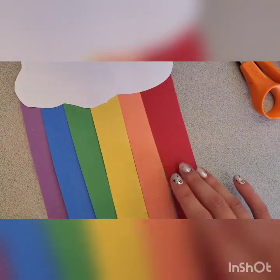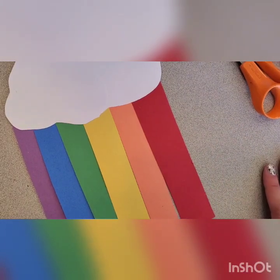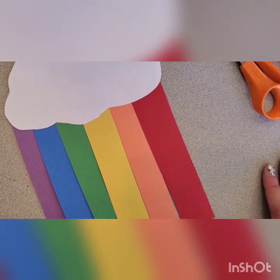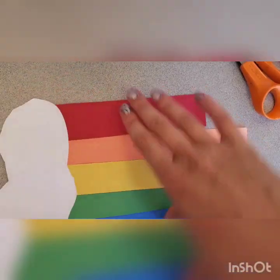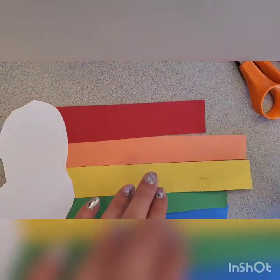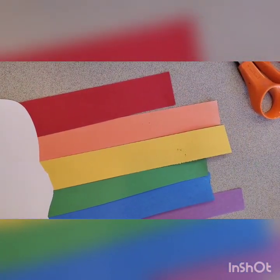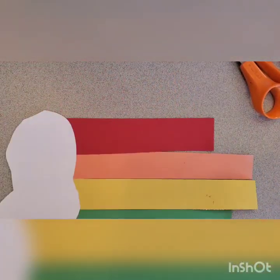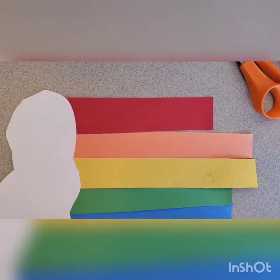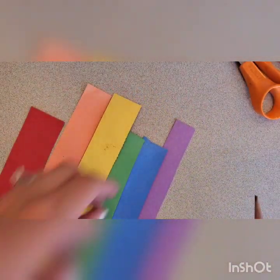The white cloud with our striped rainbow colors, and now I'm realizing that I did them in order in the opposite direction. Well, that's all right. So, the second way to do this craft, we can leave it as is. That was pretty simple, and we could draw and decorate our cloud if we want. We can always glue cotton balls on here to make it textured. The next thing I'm going to try